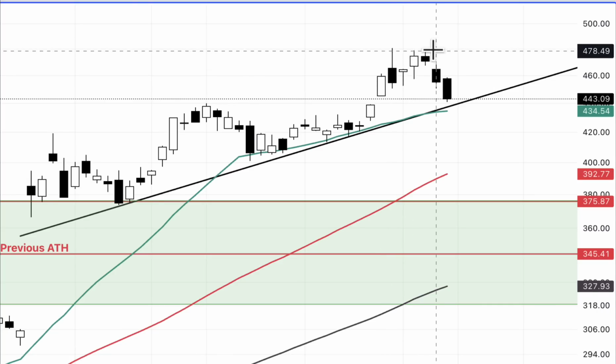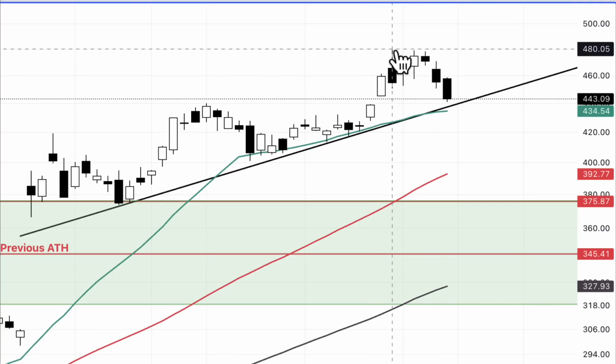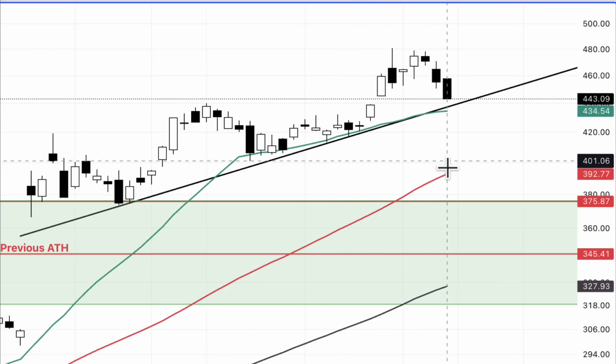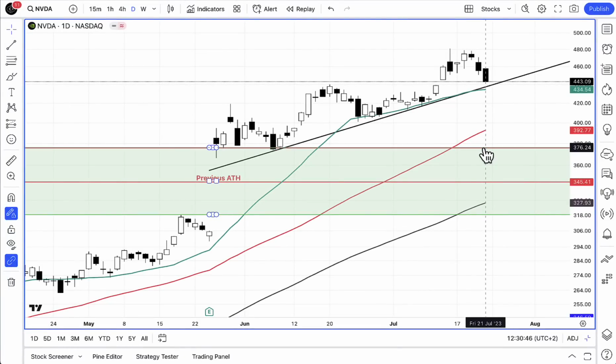But I think we might have formed an intermediate high here. So as long as we're holding below $480, we should see an attempt to get through this trend line, the 20-period moving average, and then move down to the 50, test the top of the gap, which will act as support. We'll get a bounce off there probably, and then eventually a retest of the gap, a move into the